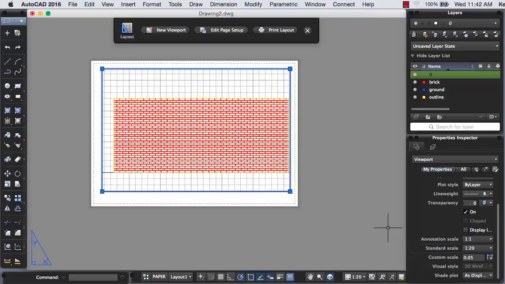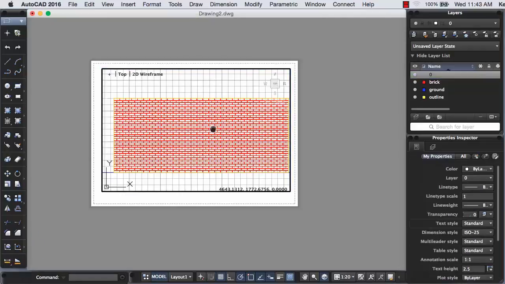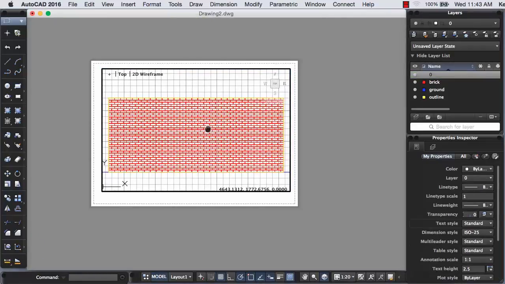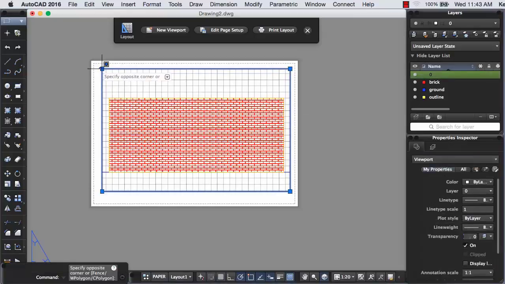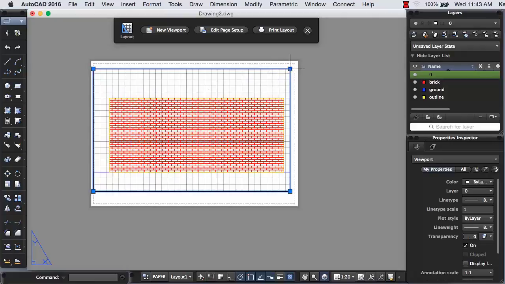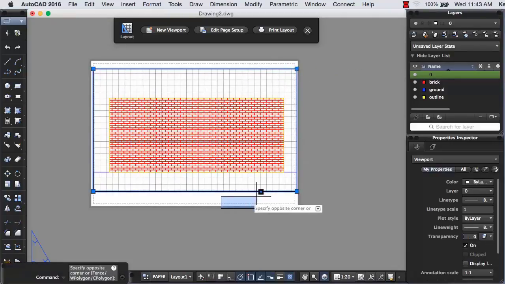All right, so it's very simple. In this case, I have it at 1 to 20 scale. I know it is. It's not quite fitting in the window, so I might double click in here and pan, but I'm very cautious not to move my wheel because that will change the scale. I'll double click back out. I'm not getting enough of my ground line, so I'll move the viewport window out. All right. So now I have my wall at 1 to 20, and this is what it prints